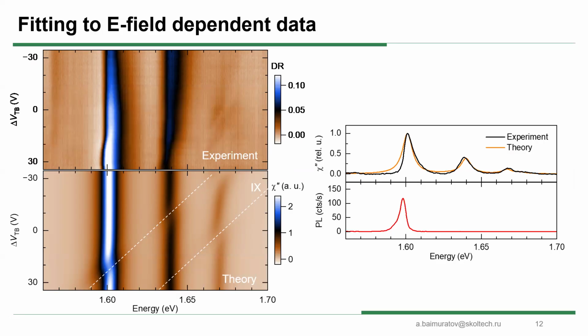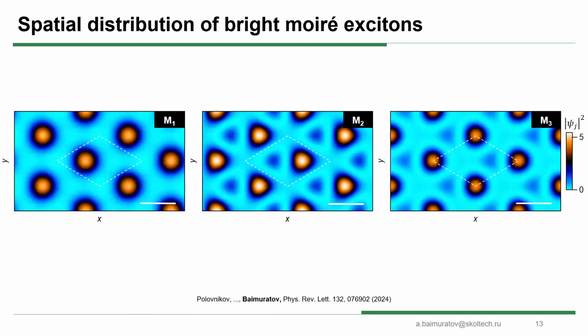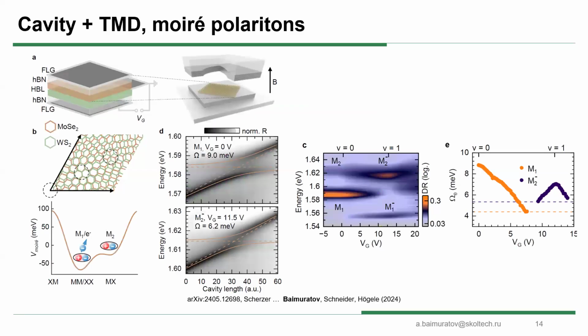You can have delocalization not only in Z for the exciton, but also in the XY plane. This is what I want to say. But here we don't have these complications. We have everything in one layer, and we believe that we localize enough that we are optically active, and we have enough overlap of electron and hole.